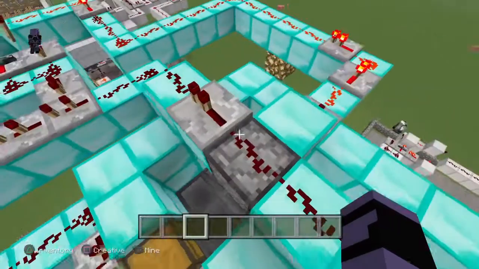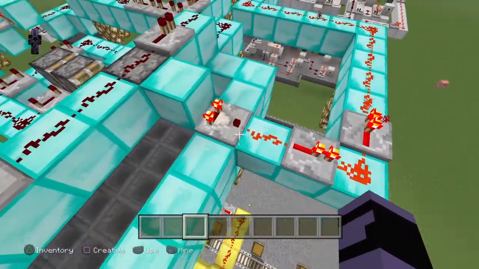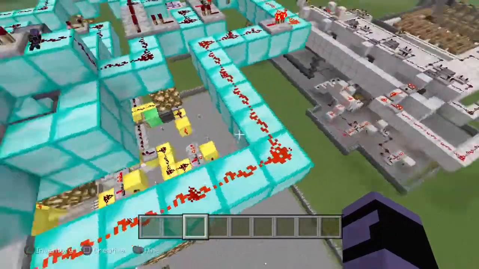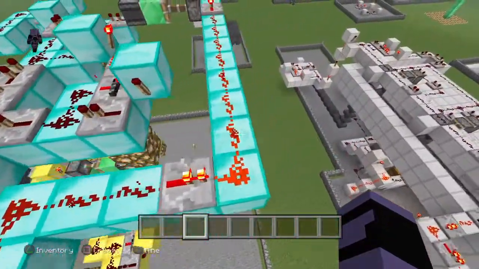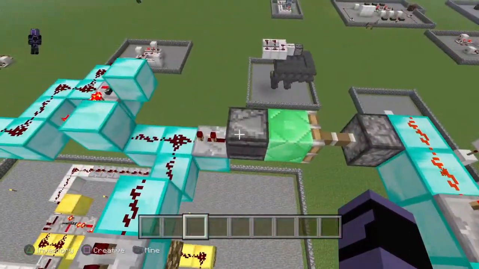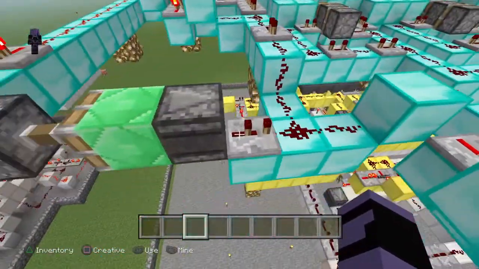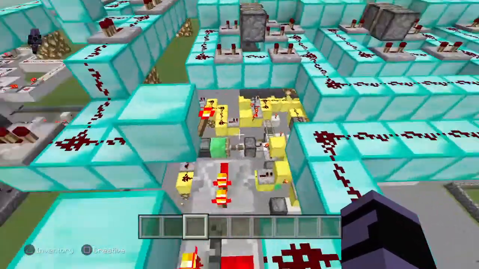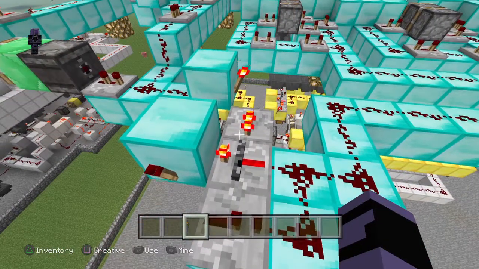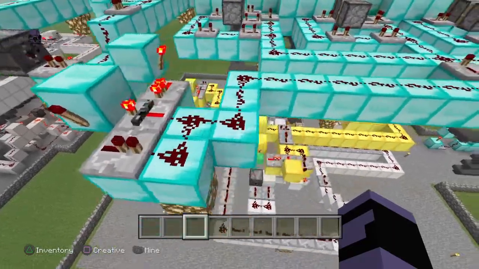As soon as this final dropper is empty, it will turn off this comparator, thus turning off the redstone signal. The redstone signal will turn off this sticky piston, retracting it and turning on the observer at just enough of a delay to turn off this redstone torch, to activate this redstone torch, which will in turn turn off this